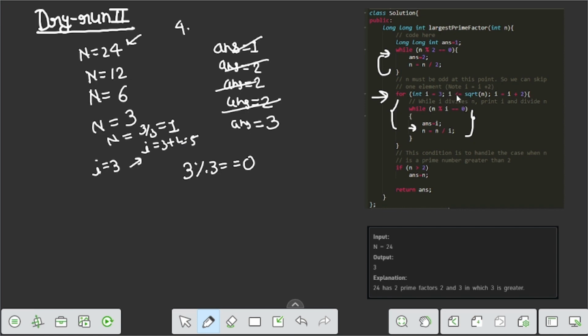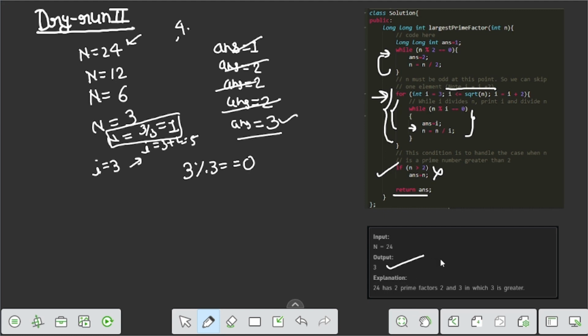But i is going 3 to 4, and i became 5, so this for loop is terminated. Okay, and now we check the condition if n greater than 2, but n became 1, so no, n is not greater than 2, so this will never happen. So we directly return answer, which is 3.